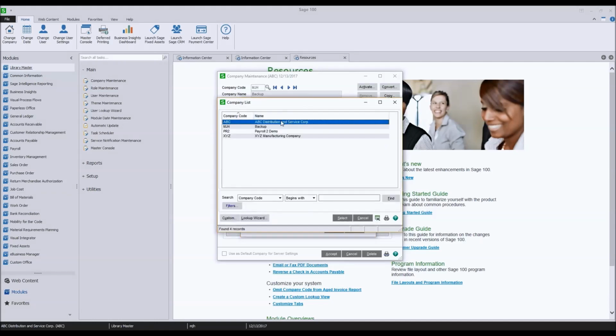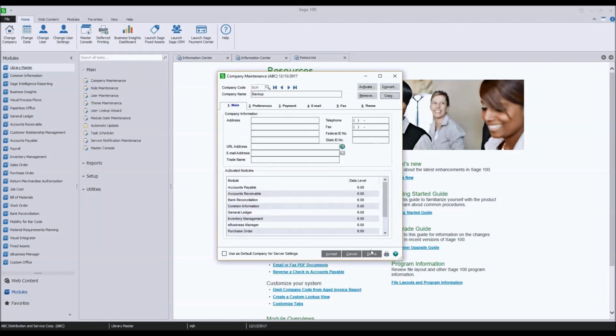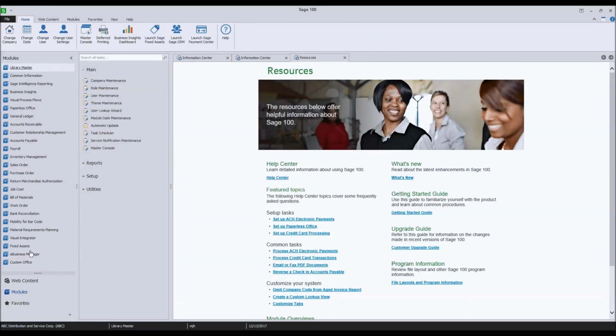And now I'm going to specify the source. So I'm going to copy from my company, my source, into my destination. And I've been doing this for close to 20 years, and I still stop and read this really, really carefully, because if I don't, I might copy something in the wrong direction. You go ahead and proceed with that. Let it do its thing. That's your backup process.